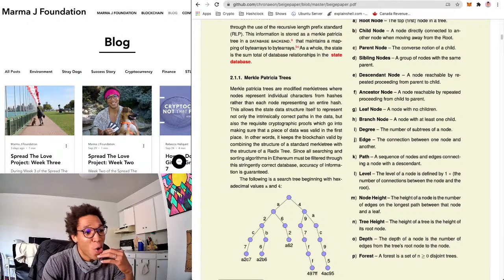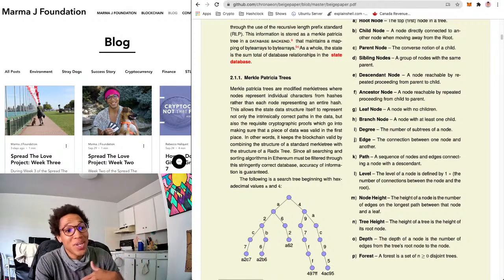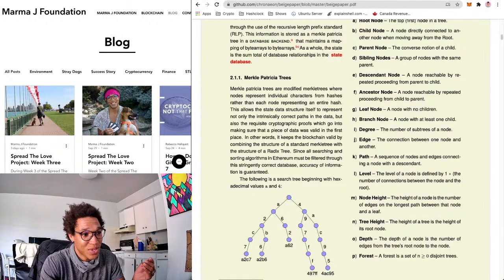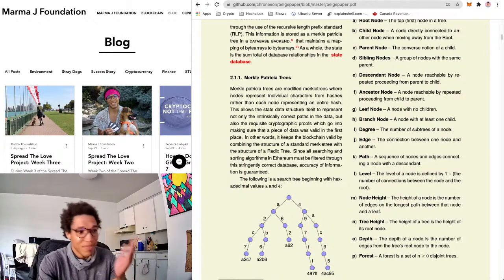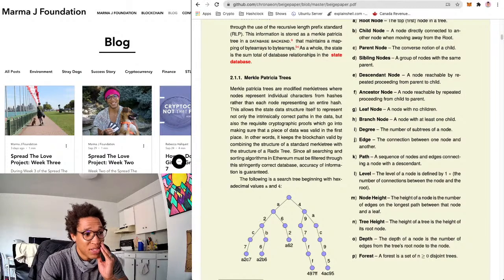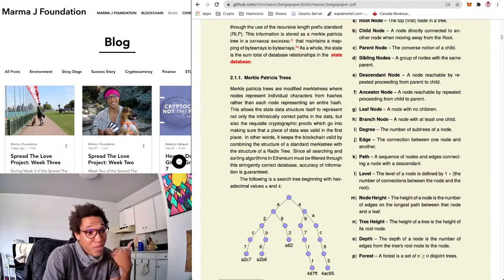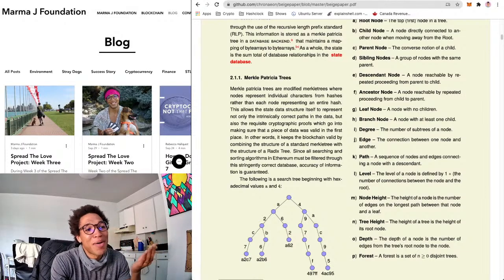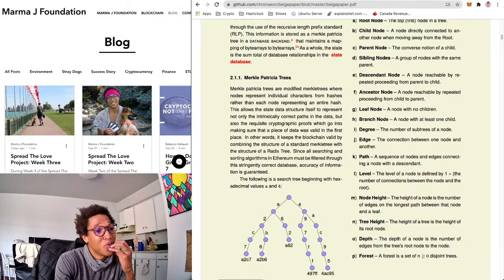A branch node is a node with at least one child. So this would be a branch node because it does have a child, it has a leaf on it. So a branch has a leaf, makes sense. A degree is the number of subtrees of a node. This is where it can get confusing, but this node I would say has two subtrees, degree 2. This potentially has 3 subtrees. You're going to have to come into the comment section and correct me if I'm wrong, because I don't know. I read about the degree of the polynomial and the degree of the nodes a lot in research papers, and that's one thing where I don't really know.